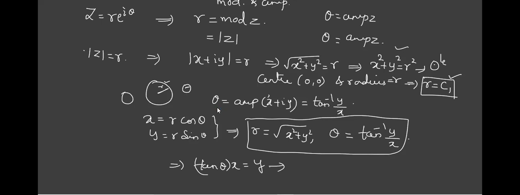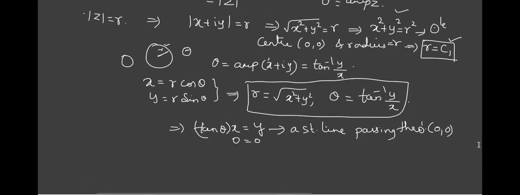It's a straight line, y equal to mx. What is the property? Where does it pass? Passing through origin, because you don't have a c there. One more thing to confirm: what are the coordinates of origin? 0, 0. Substitute x as 0 and y as 0, and you will get 0 equal to 0. That means it is satisfied. If you want to confirm that any curve passes through a particular point, substitute the coordinates. This is what the geometry says.